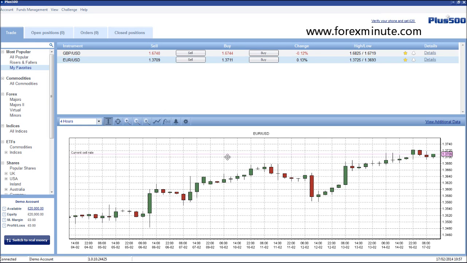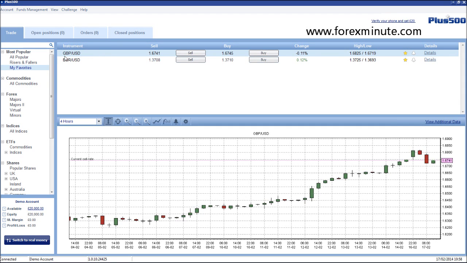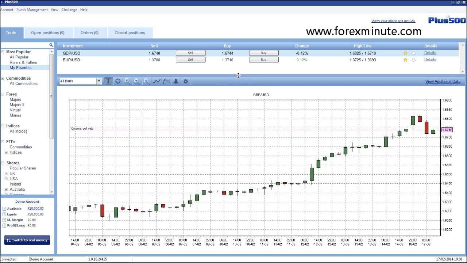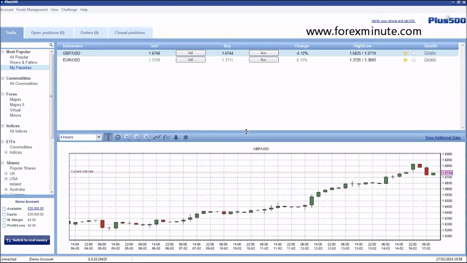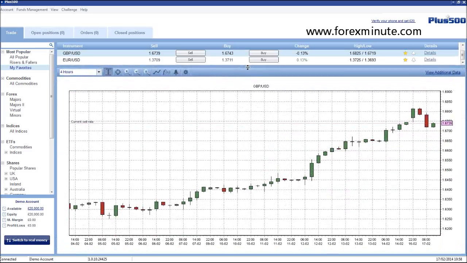So let's look at the charts offered by Plus500. When we select an instrument, the chart appears down the bottom. I've just selected the pound against the US dollar, and the chart has appeared below. We can make the chart smaller or bigger by dragging the top of the chart. A benefit of using the My Favorites section is if you only trade a couple of financial instruments, you can maximize the chart